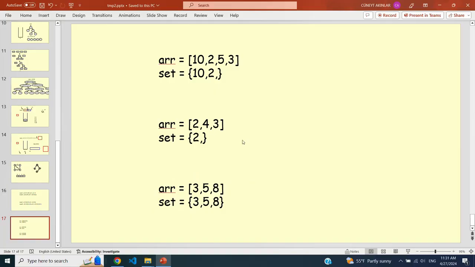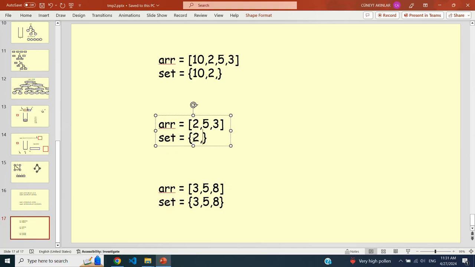One thing you should be aware of is the following. When you are processing an odd number, you should not ask if the half of this number exists, because then you might conclude by mistake that 5 and half of this number exists in the array. For example, if this was 2, 5, 3 and I was walking over this array, obviously initially this is empty, so I ask, this is an even number, so I am asking if 4 and half of it, which is 1, exists in the set. It does not, so I insert 2.